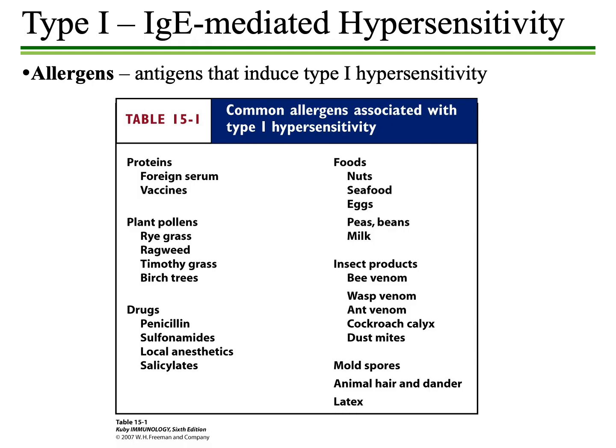So allergens, again, are antigens that do in fact induce type 1 hypersensitivity. What you see in this slide are just common allergens associated with type 1 hypersensitivity. And if you look through the table, you can see some examples of things that you may be aware of as a typical allergen. Plant pollens, ryegrass, ragweed, for example. I know a lot of us locally suffer from allergies that occur during the almond blossom. So again, there are lots of different examples of allergens that are in fact associated with